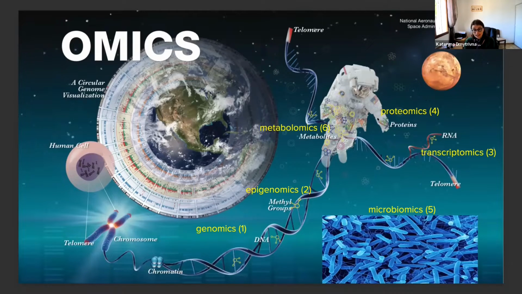And another really interesting type of omics is microbiomics. Microbiomics is the type of omics that represents the collection of all the microorganisms in the human body, including the beneficial bacteria in the human gut, but also many bacteria that are present on our skin. It is really informative to study microbiomics to understand health and disease.